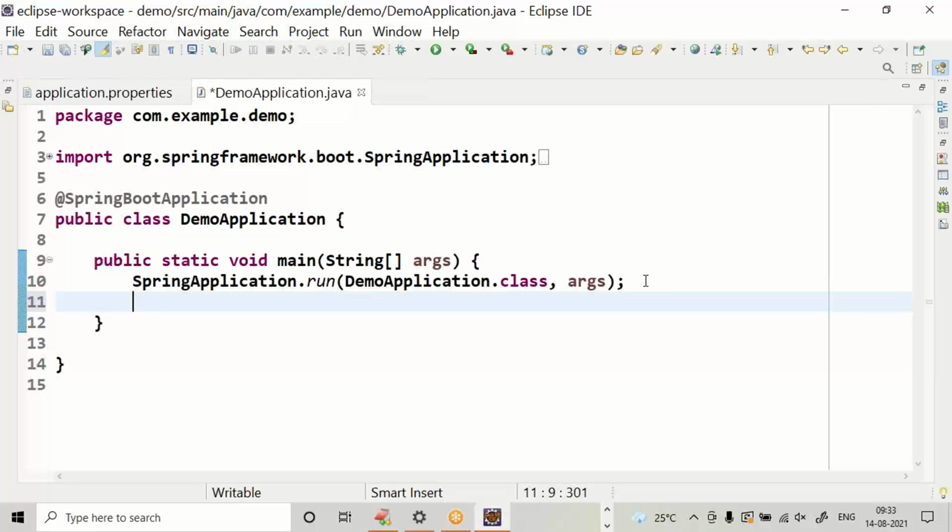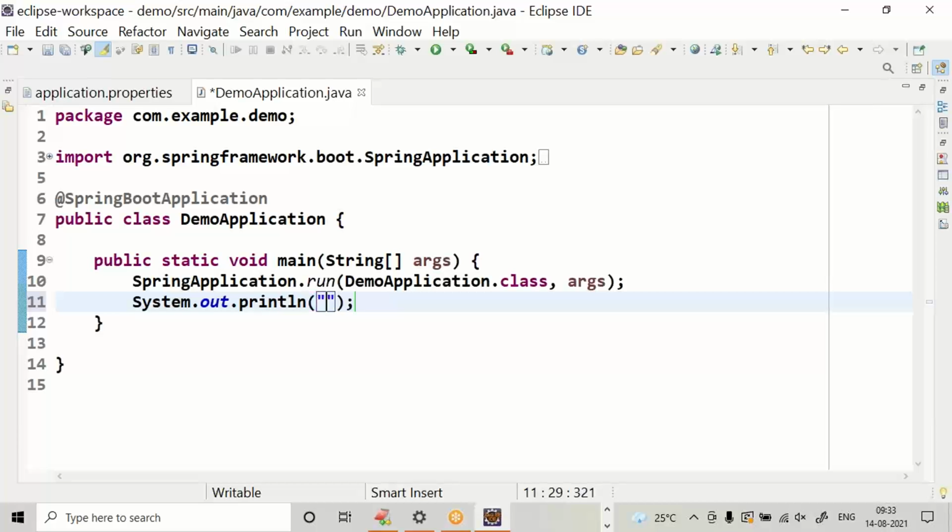There is a main method. Type SYSO, Control space bar.